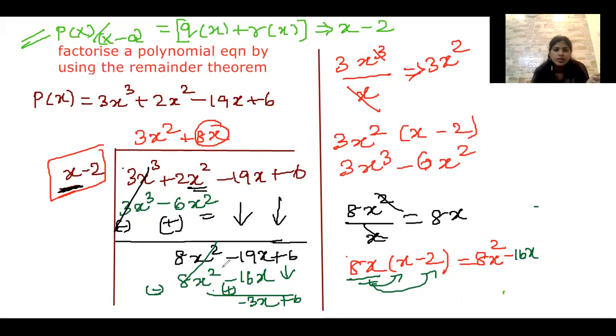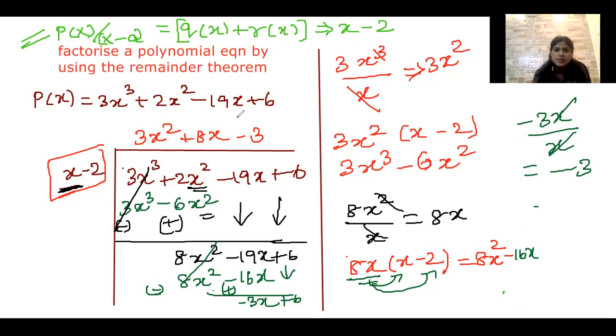So now I have to simplify this also. This minus 3x plus 6. Again, I have to take the first expression from this and the first expression from the factor. The first expression is negative 3x. If I divide it by x, I'll be getting the result as negative 3. So after dividing it, I'm getting the quotient as negative 3. So I'll write the quotient over here, which is negative 3.